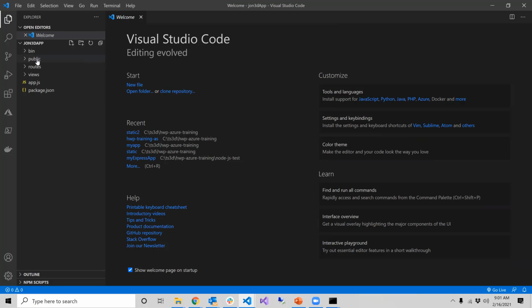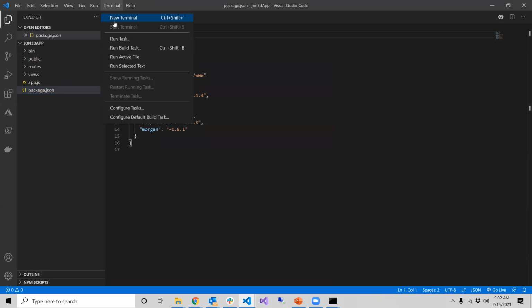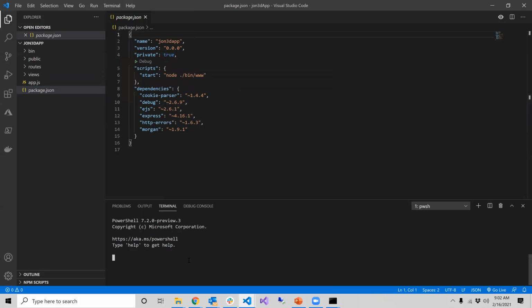So I have all my folders, I have my app.js. Package.json includes a couple dependencies. So if I go to my terminal here, we're still in that folder, and these dependencies need to get installed. So I'm just going to do that with